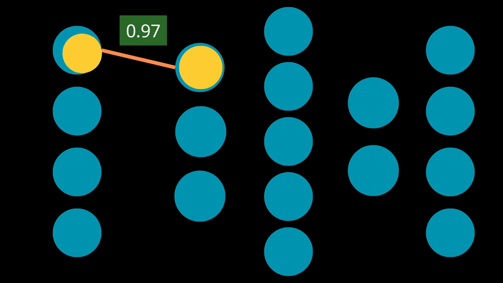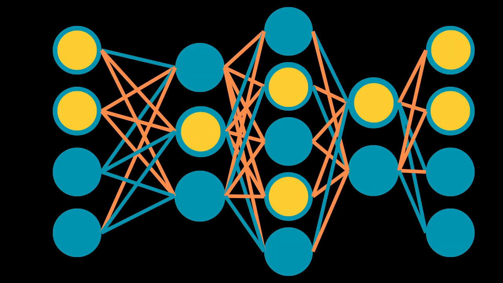If a value of a weight is large and positive, it greatly influences the other neuron to also be positive. But if it's small and negative, it slightly influences the other neuron to be negative. There is 1 weight per connection between 2 neurons, and since every neuron of a layer is connected to every neuron of the layer after it, that's a lot of weights.